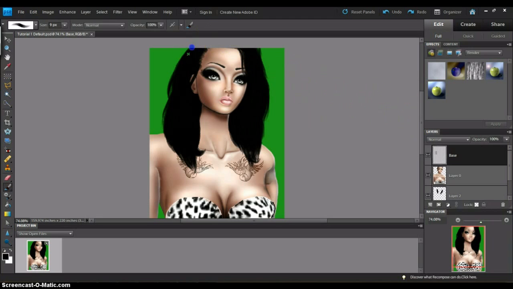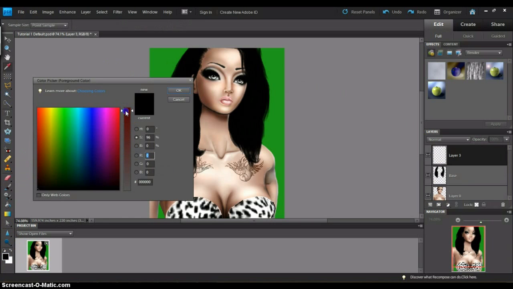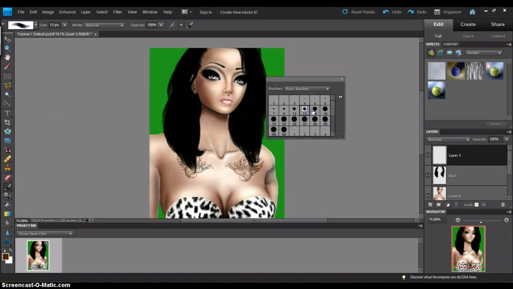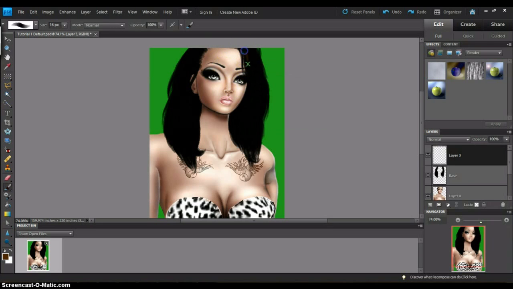And now we're going to start adding layers to the hair to give it a little more oomph, if you know what I mean. So this is the first one. I'm going to use brown as my layering color, because with black, I tried using blue, I tried using gray. Maybe I'm doing it wrong or something, but I'm not getting the results I would like, so I don't use any of those colors. So I'm going to use brown on her. You start off with a pretty thick brush and a pretty neutral type color,